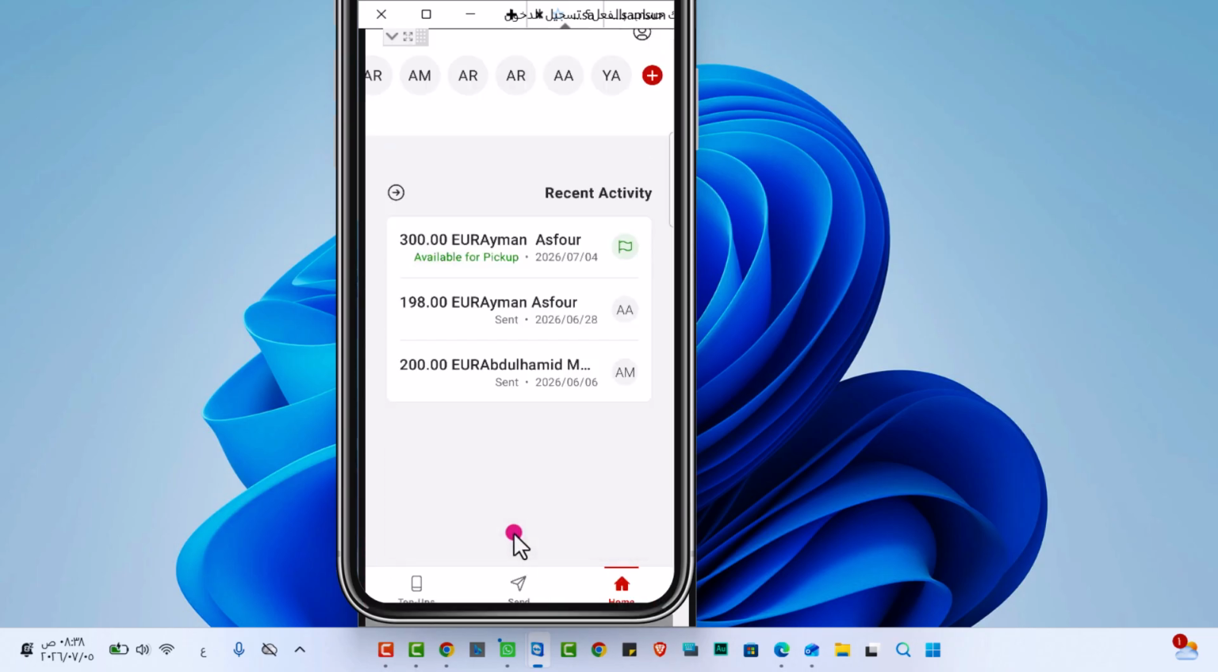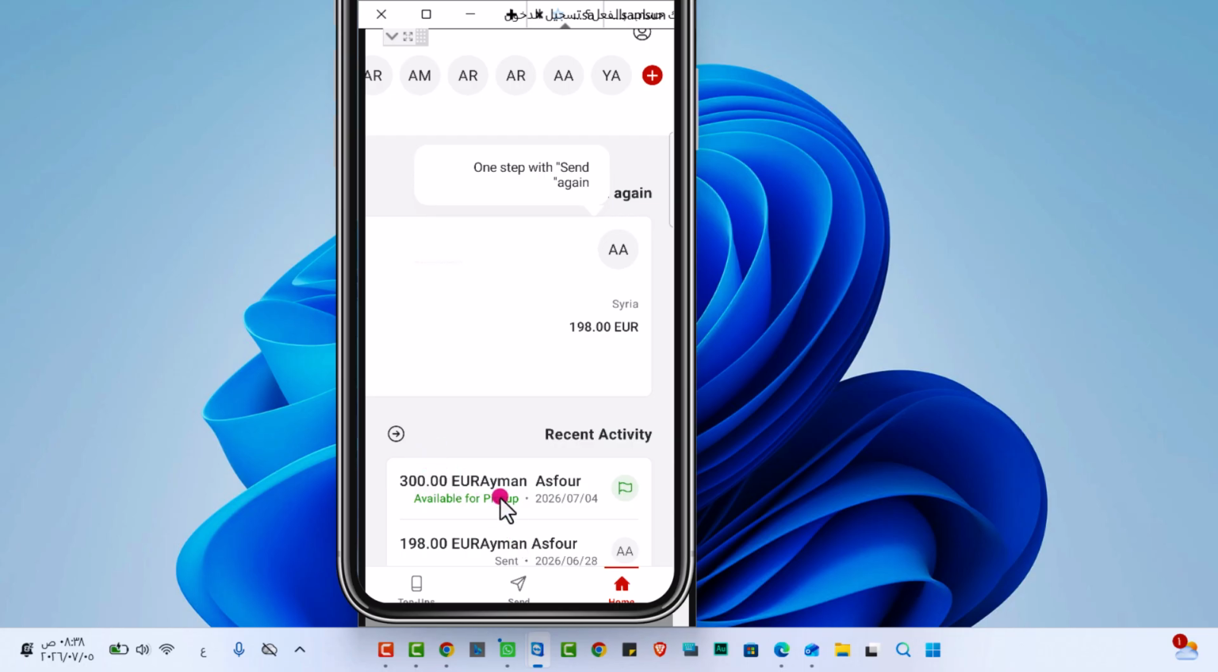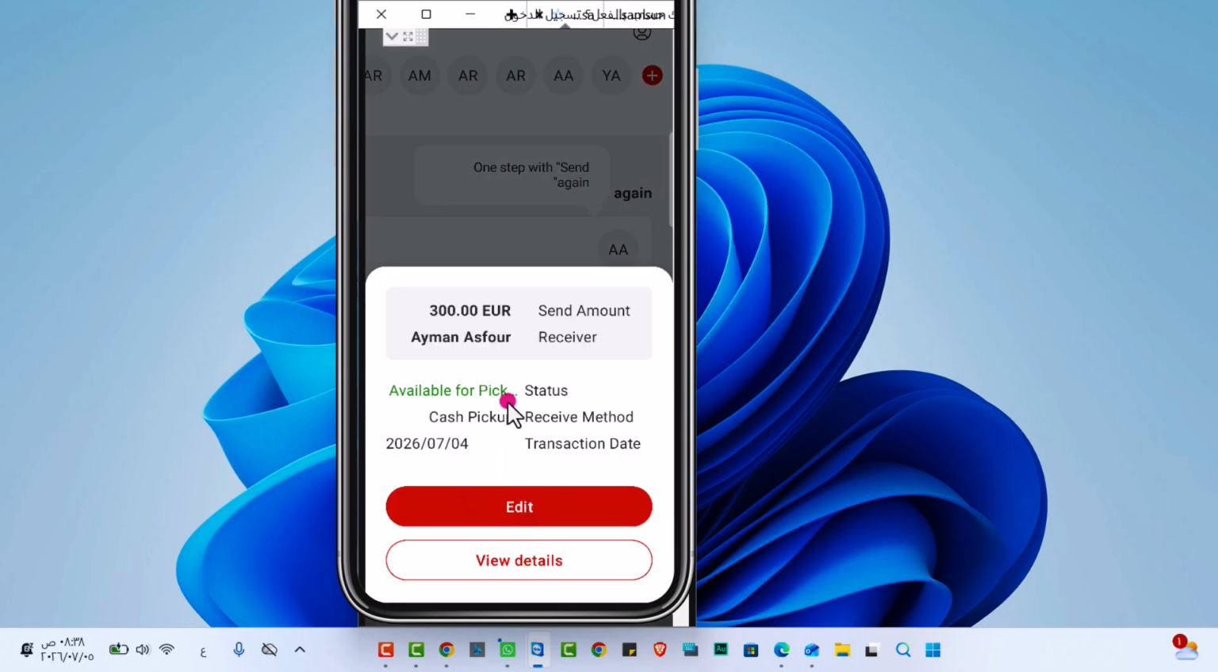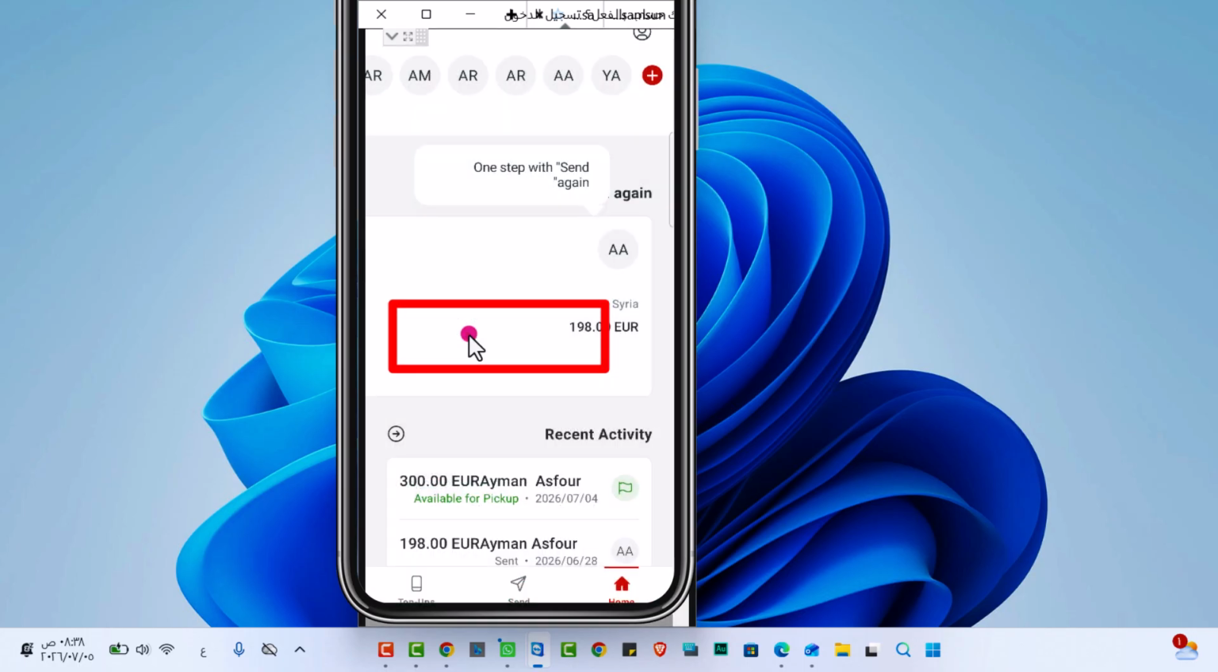Now I'll check whether it's saved or not. Go into the same transfer. You see? Here, the recipient's name is now Ayman. Before it was Yaman. Now it's Ayman. This was a quick way to edit a recipient's name for any transfer